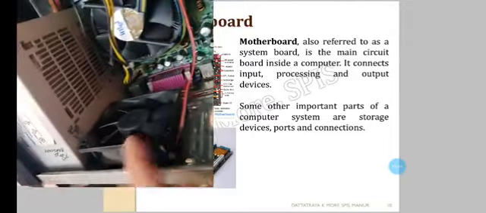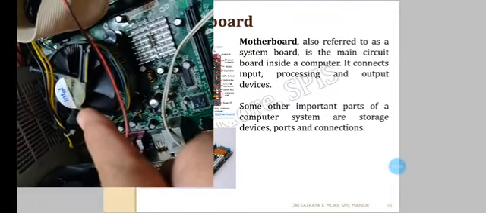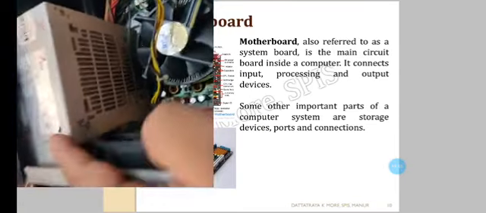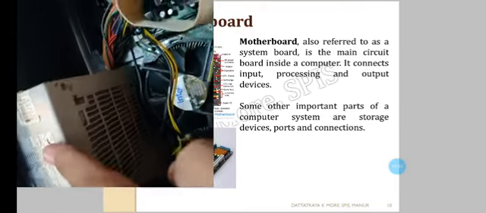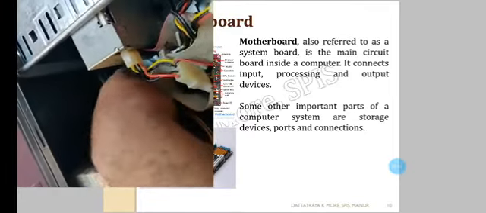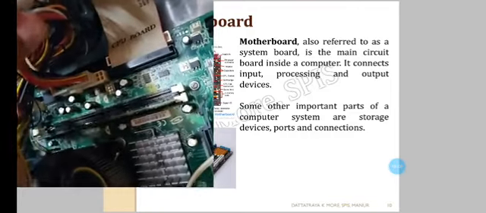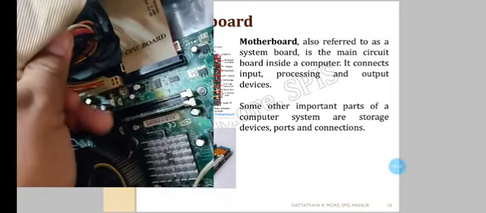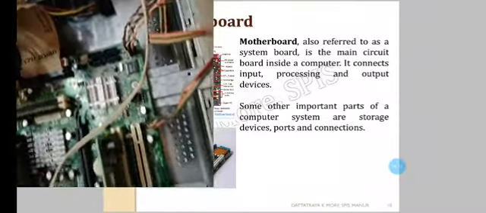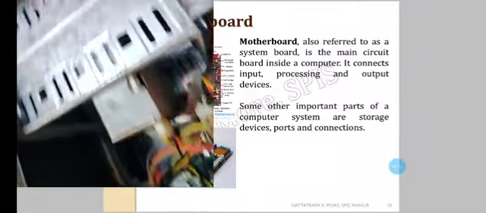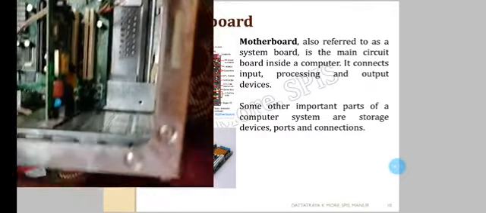Then here CPU fans are there. One is at this corner, one is on the CPU, and one is at the back side of this SMPS. This is called SMPS, switch mode power supply, which gives the entire power supply to our motherboard at this place. You can see here it is providing power supply to the motherboard, and this is the CPU cabinet, which unfortunately is not working, so I can show you by touching it.